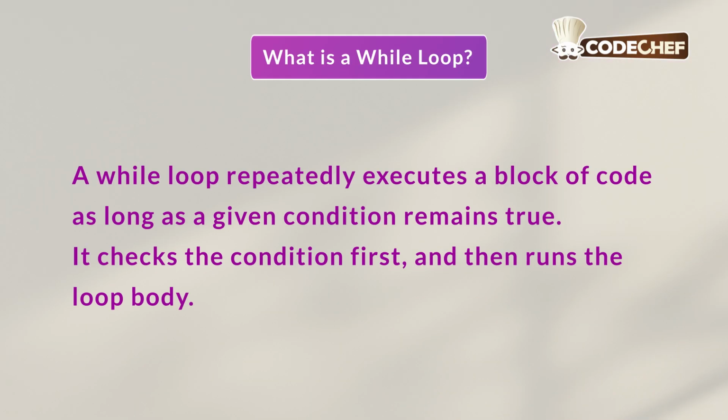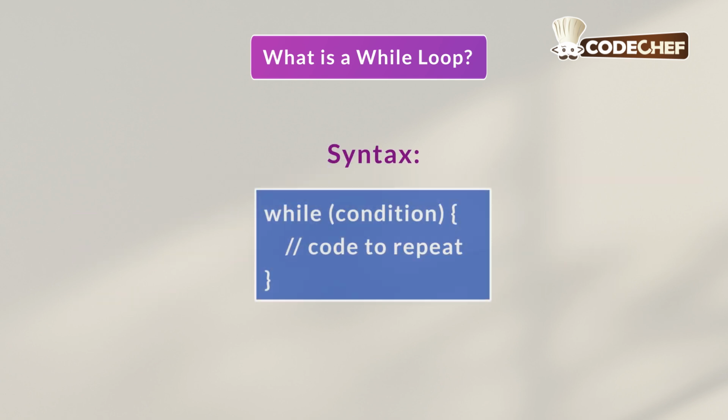A while loop repeatedly executes a block of code as long as a given condition remains true. It checks the condition first and then runs the loop body. Its syntax is while, then inside brackets we write the condition which will be checked to execute the code which is written inside the curly braces. Now in case the condition is true, only then the compiler will execute the piece of code written inside these curly braces, else it will skip this piece of code and move to the next part of the